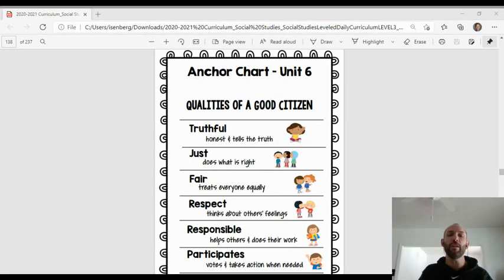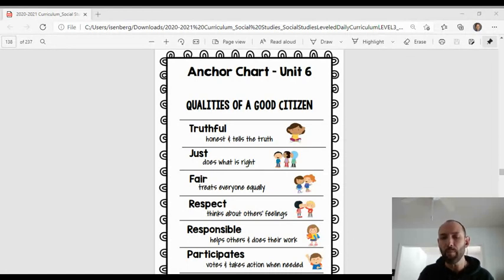For example, if we're all sitting in class doing a good job, if I'm only telling one student good job, I'm not being fair. I should be telling everybody that. So treat everyone equally. The fourth one down, the first R word there is respect. You need to think about others, think about their feelings. Right? When we do something, we want to make sure we're being respectful.